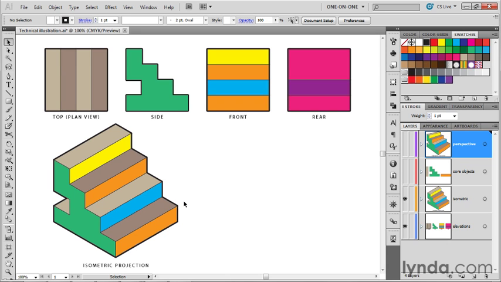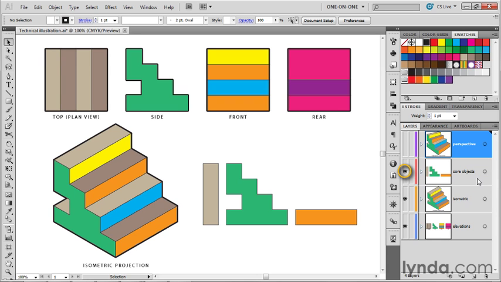Now, an isometric projection is a very specific standard. Notice that every single one of these straight segments intersects each other at a 120-degree angle. So we're starting off with a vertical segment, then we have one that's rotated 120 degrees, another 120 degrees, and then we're back. And that's a very specific discipline. Before we see a perspective version of this object, I'd like to show you how you assemble an isometric projection in the first place. So I'm going to go ahead and turn on my core objects layer right here,